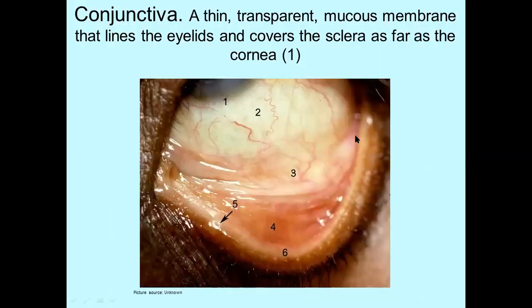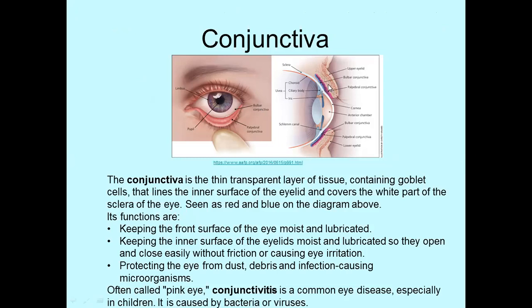Okay, so here you can see the conjunctiva lines the lower eyelid and then folds back and covers the surface of the eye as far as the cornea, which is this part over here. Okay, you're going to see many drawings that show the conjunctiva covering the surface of the cornea. That's not actually accurate, but